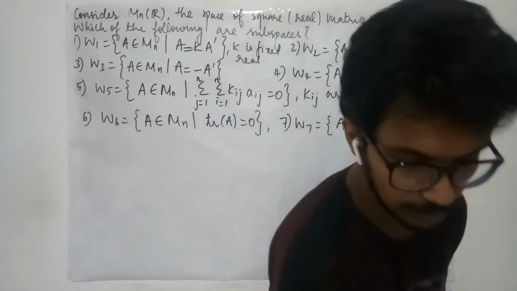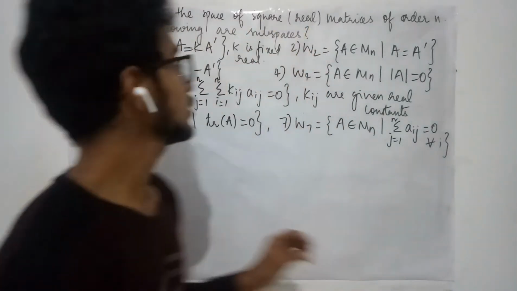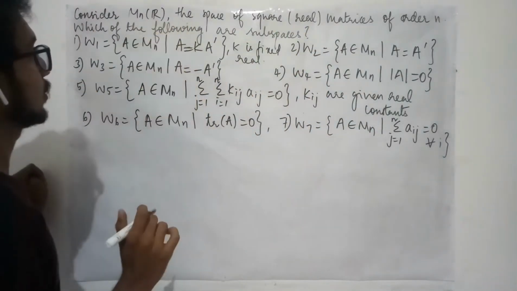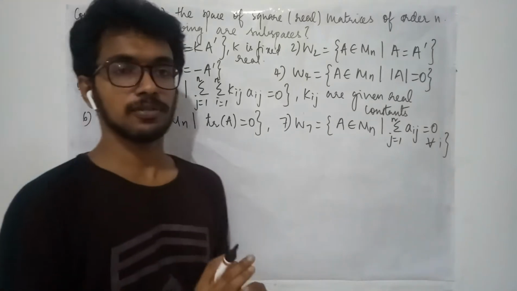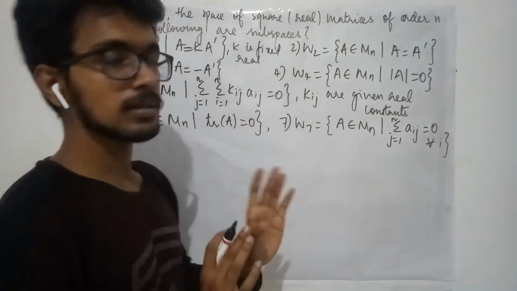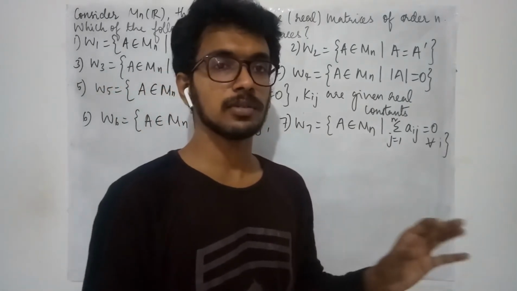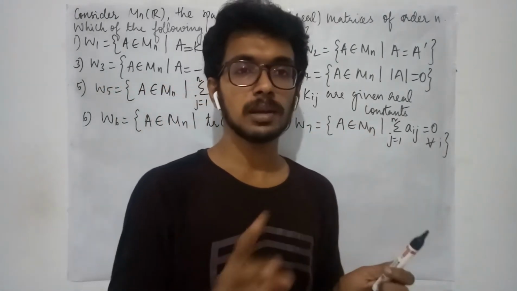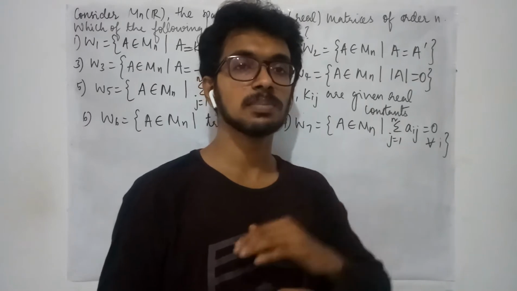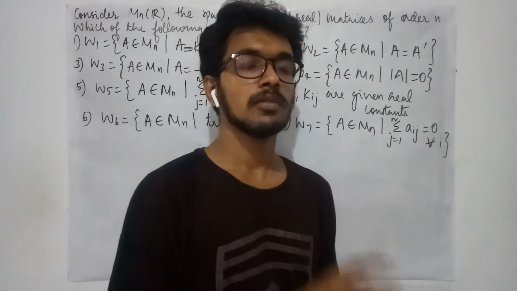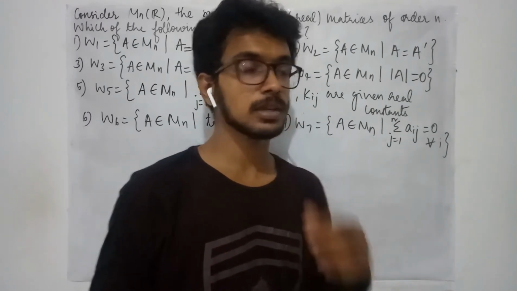Here in this lecture we are considering the vector space of all square matrices. If you are familiar with these notations, fine, or else let me give a quick recap of these things. Those who are familiar with this, you can just skip this part, for which a timestamp is given in the description.